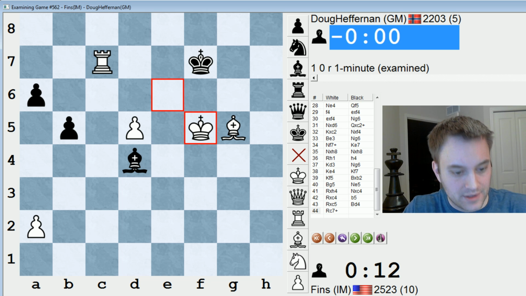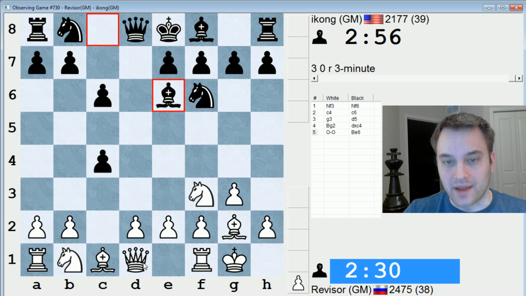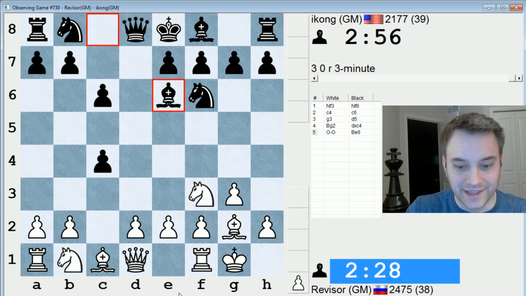Looks like he's a New Yorker, according to his finger notes, although he's sporting a Norwegian flag. There's not that many Norwegian grandmasters. But his first finger note says location Queens, which is a borough of New York. But it's not like people have lied on the internet before, so...